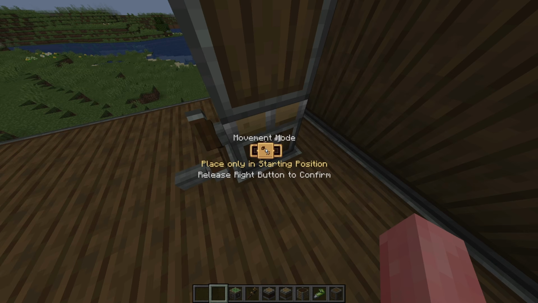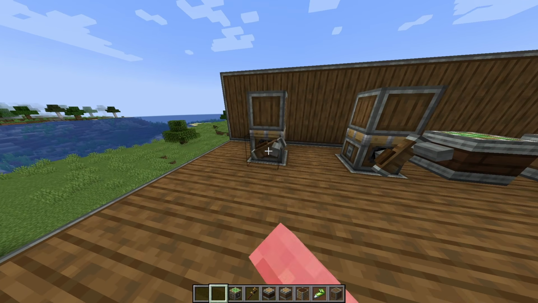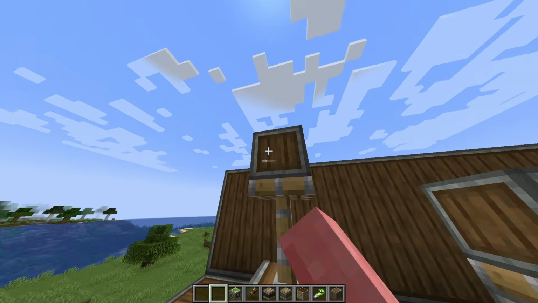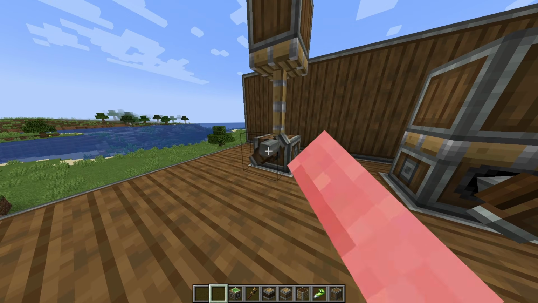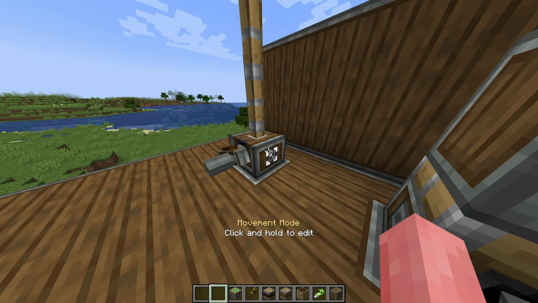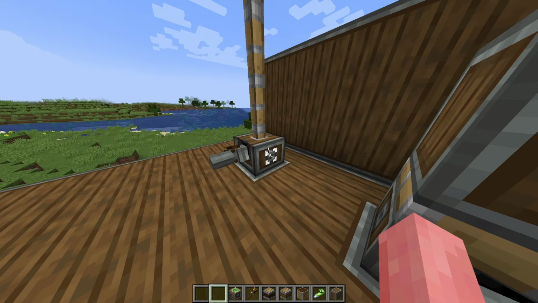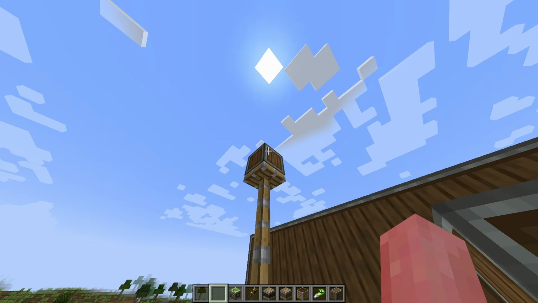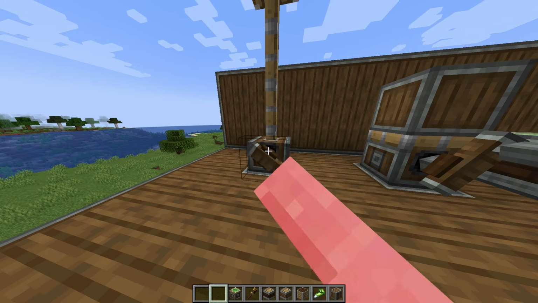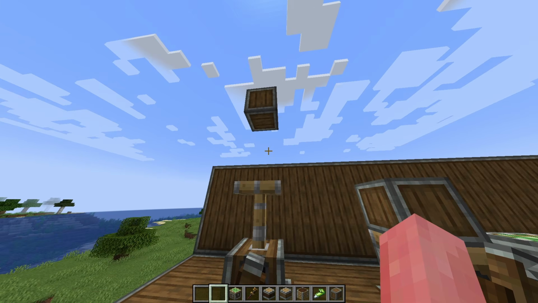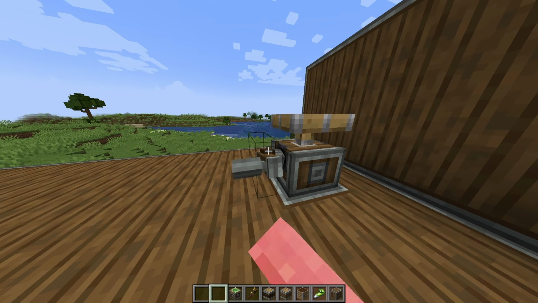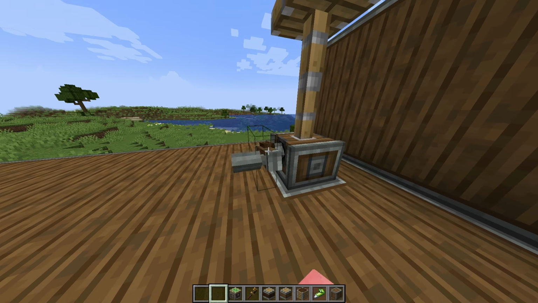The second setting, place only in starting position, means that the block will stay in the ghost state, in this case contraption, until it's replaced in its original position. And the original position is not set by the block itself, it's set when you choose a mod. In this case, if I place the second setting when the block is all the way up, if I retract it, the piston is still in go state, even when it's at the end, and it will not place until it's back